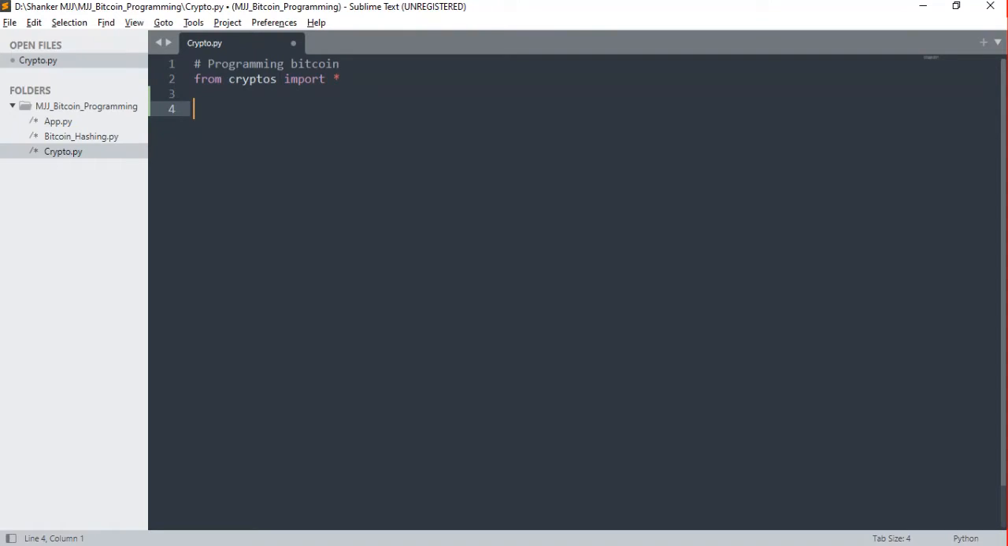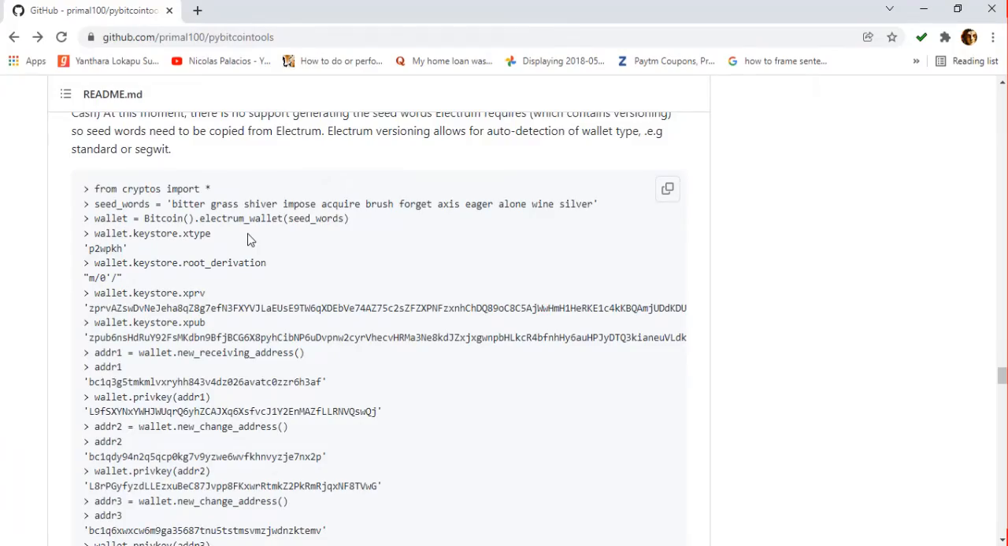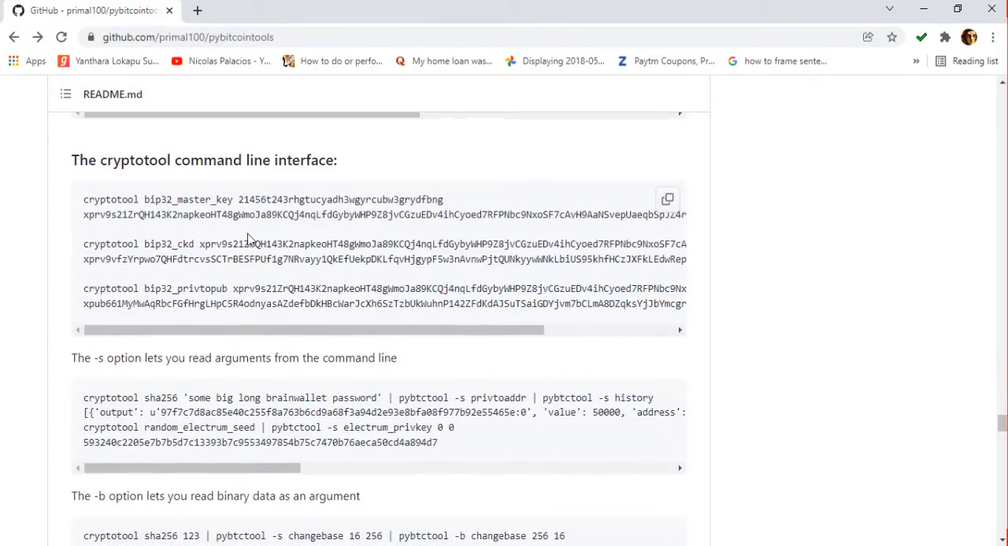Next line, I want to write a comment called generate private key. Then I'm going to take a variable called private_key, and there is a method to get a private key called random_key. I will show you how I'm using these methods, which are available at that URL